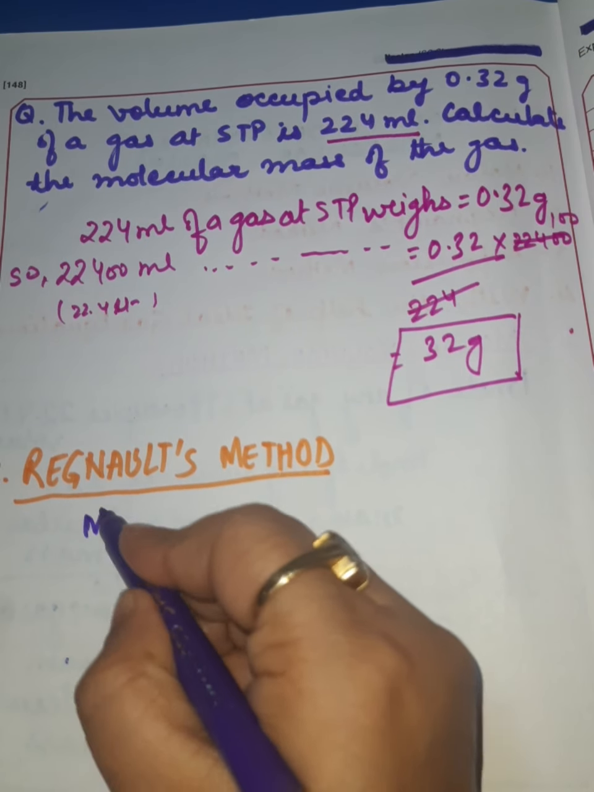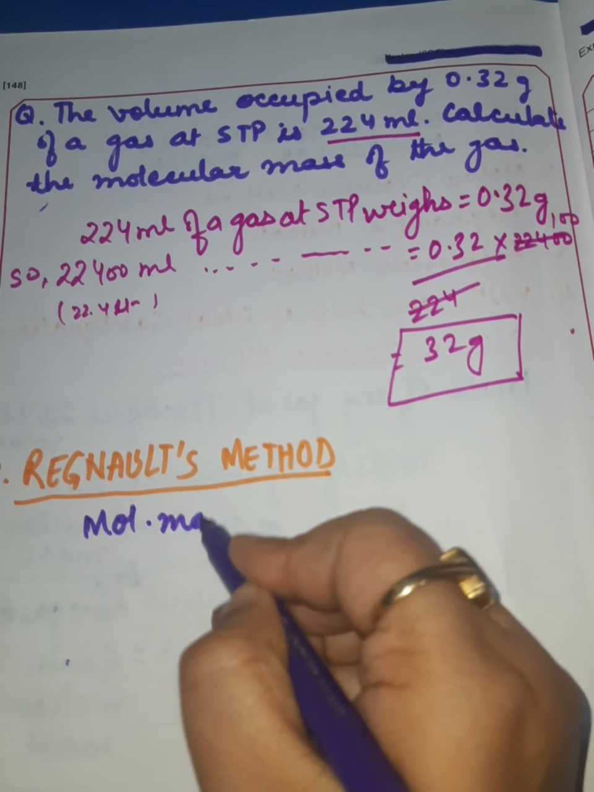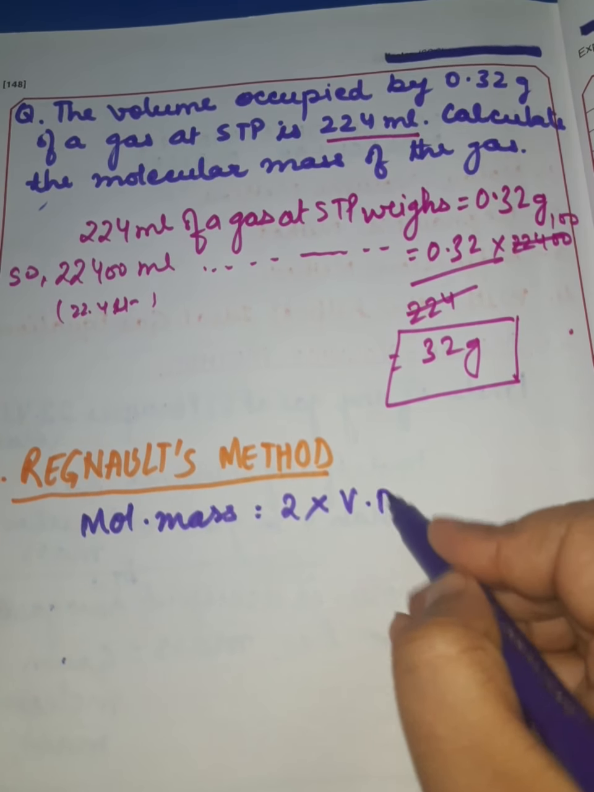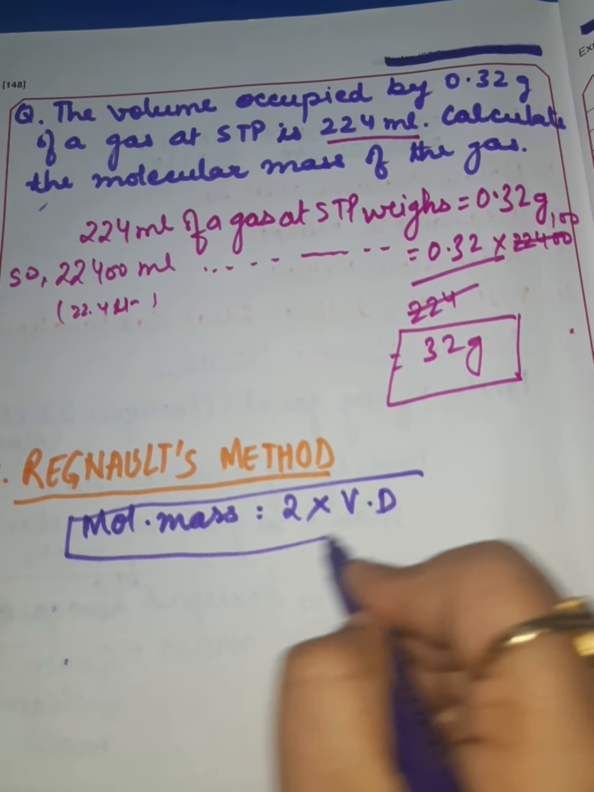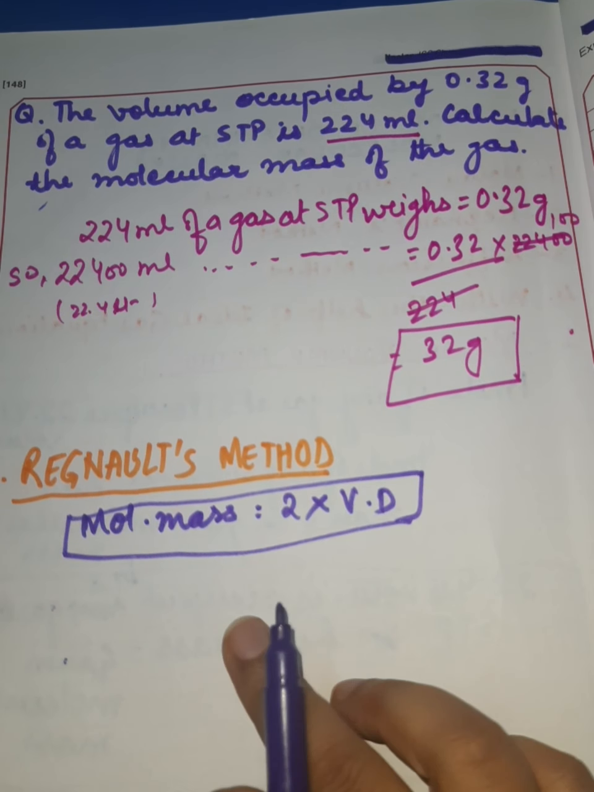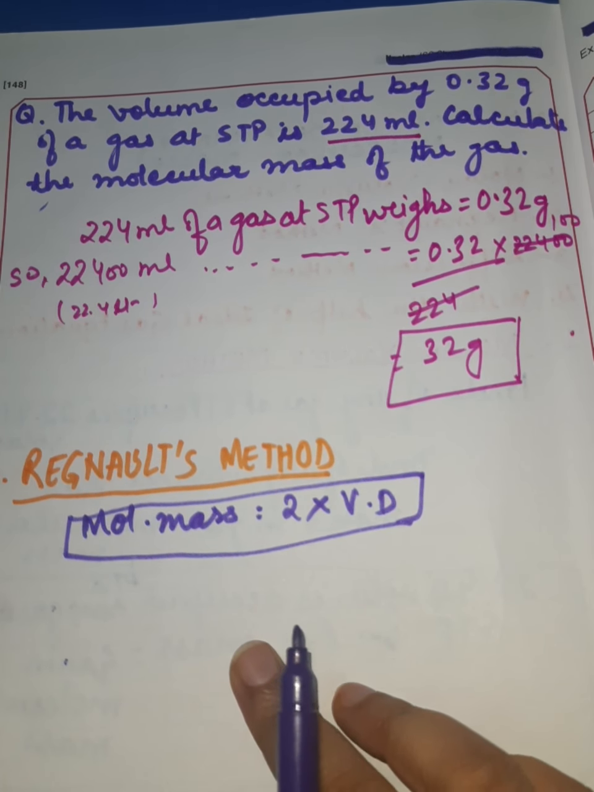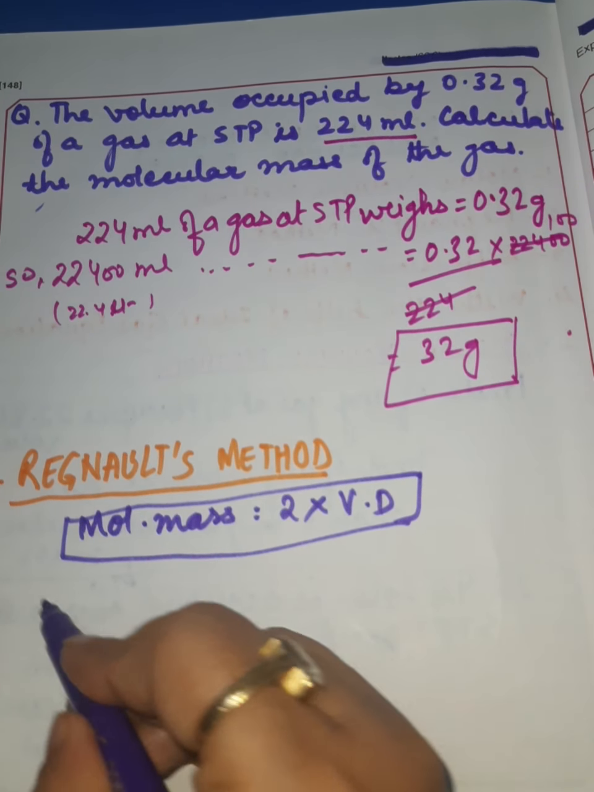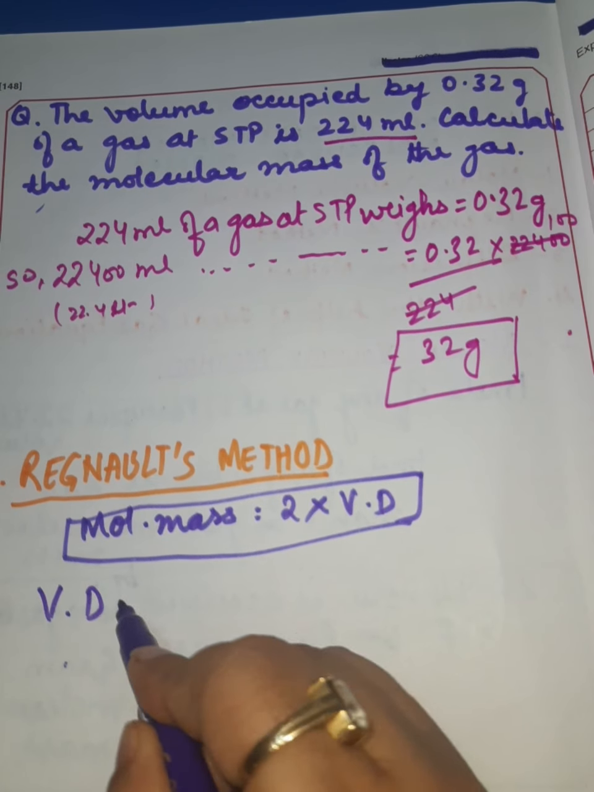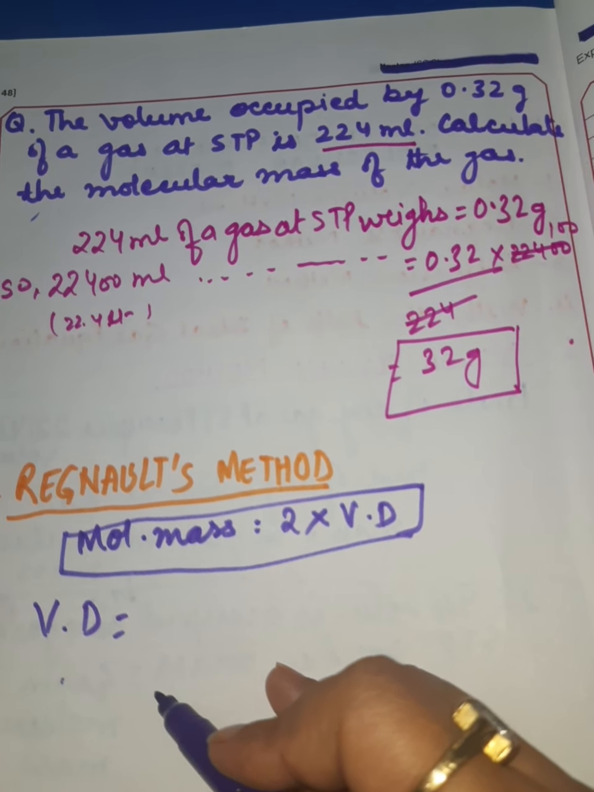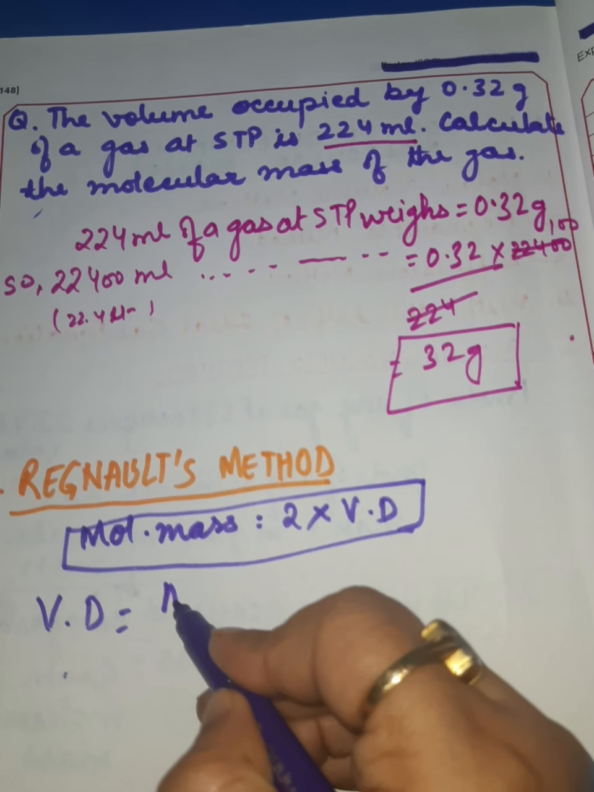We know molecular mass of any substance is equal to 2 into its vapor density. So if one knows the vapor density of the substance, one can calculate its molecular mass. Now the question comes, what is the vapor density of a substance? So we know vapor density of any substance can be calculated using a formula. What is the formula? The formula is equal to mass